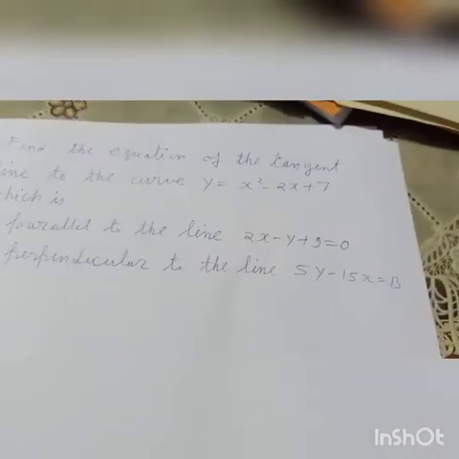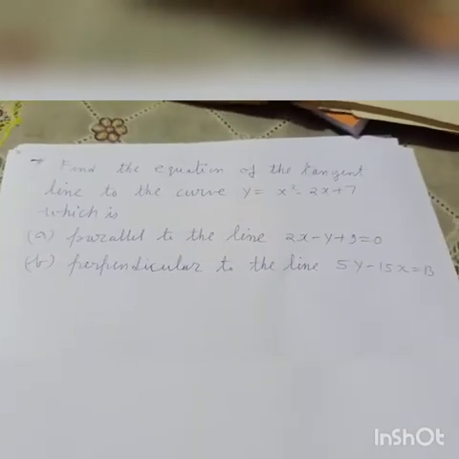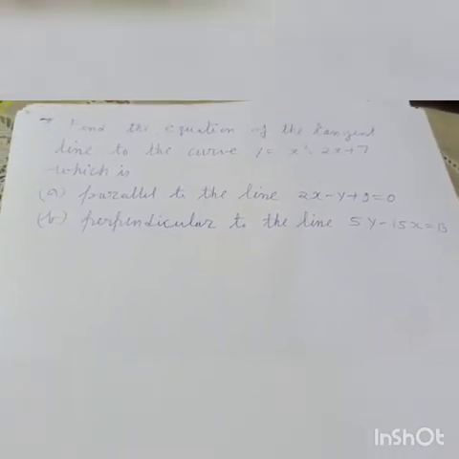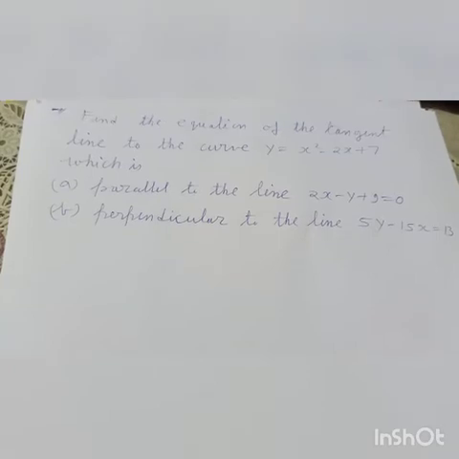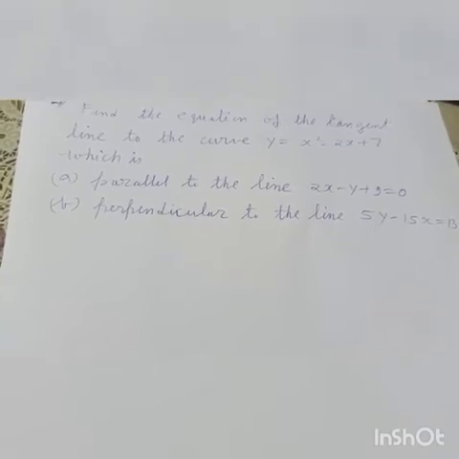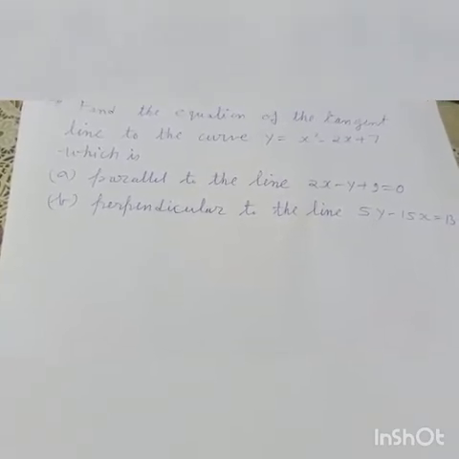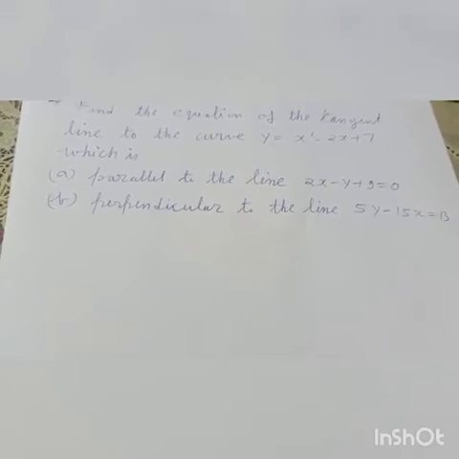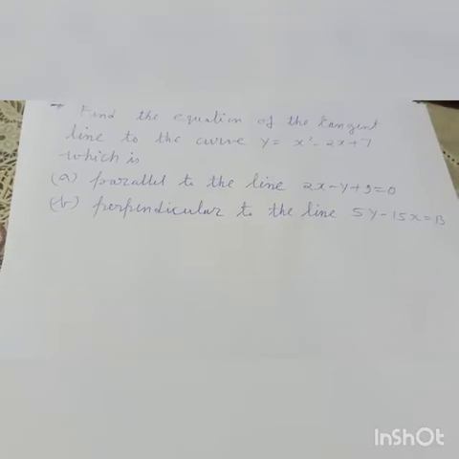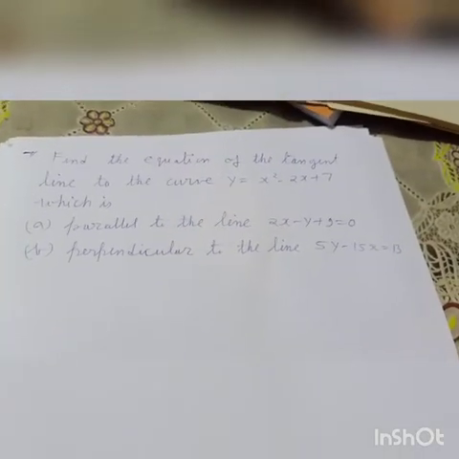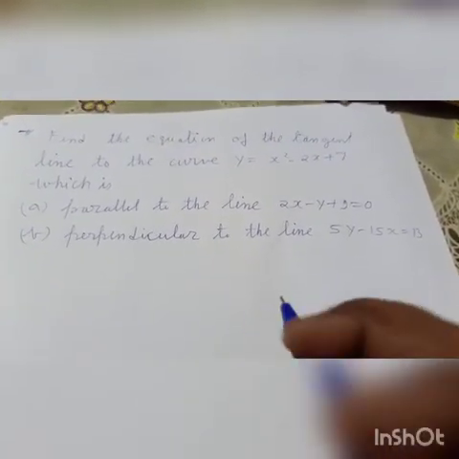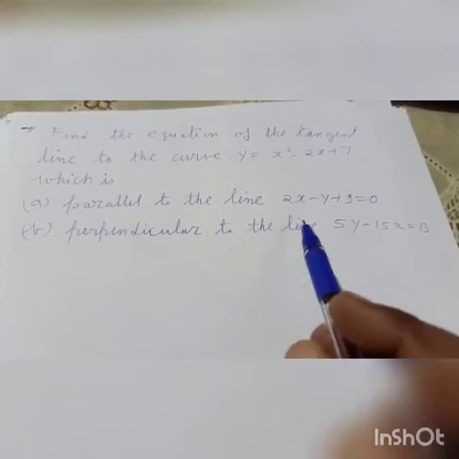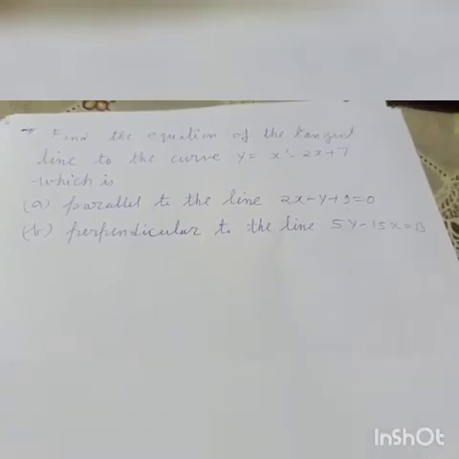Now the next question. Find the equation of tangent line to the curve y equal to x square minus 2x plus 7, which is (a) parallel to the line 2x minus y plus 9 equal to 0, and (b) perpendicular to the line 5y minus 15x equal to 13. Now if we focus on the first part, where the tangent is parallel to the given line,